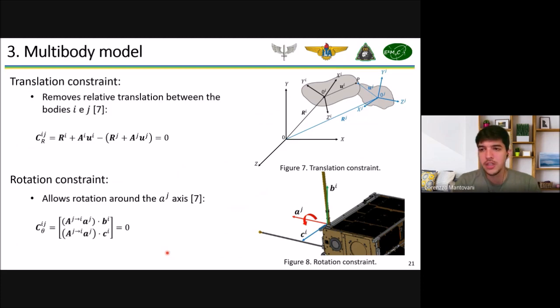Entendeu? Digamos que no instante inicial, a posição dele no sistema inercial é tal, tanto olhando por esse caminho aqui, como por esse caminho aqui. Significa que os pontos estão em contato, se a subtração der zero. Se a subtração não der zero, significa que essa posição não é a mesma. Esse ponto P, olhando por esse caminho, pode estar desse lado aqui, e o ponto P do outro corpo está aqui. E daí vai ter uma distância entre eles, daí isso não pode. Se o ponto é o mesmo para os dois corpos, teria que ser zero essa distância entre eles, entende? Não sei se ficou mais claro agora.